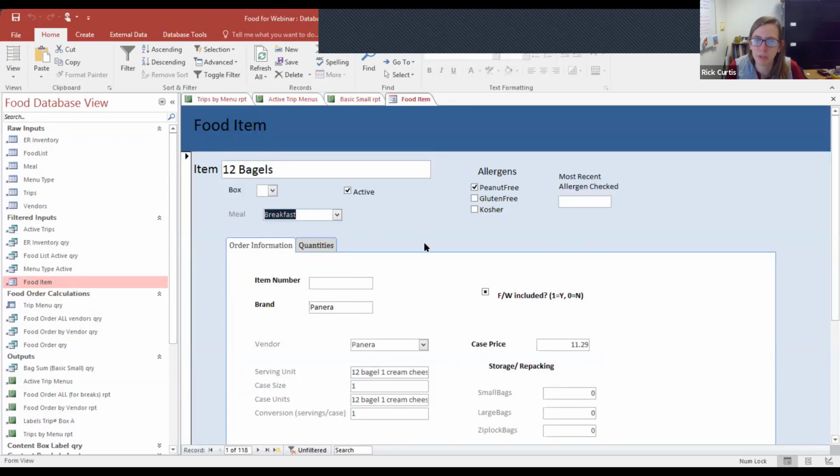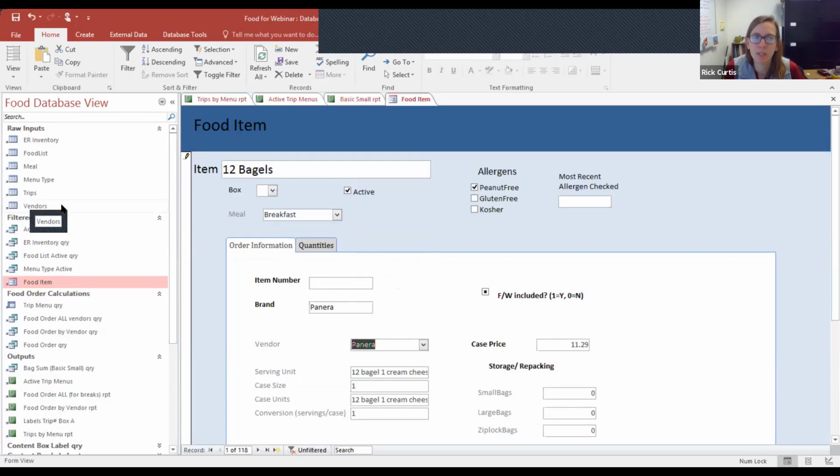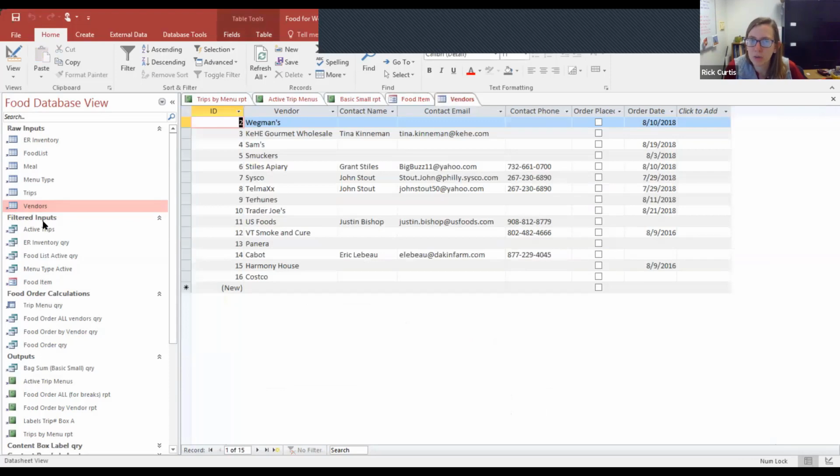So I've got a couple of different dropdowns incorporated here. Here's a dropdown for all of our different vendors. And again, that makes it easier, especially with Wegmans: do you type the apostrophe or not, is that going to throw off our sorting? So just having it as a dropdown makes that really easy. And that's being fed from this table over here titled vendors that I showed earlier,